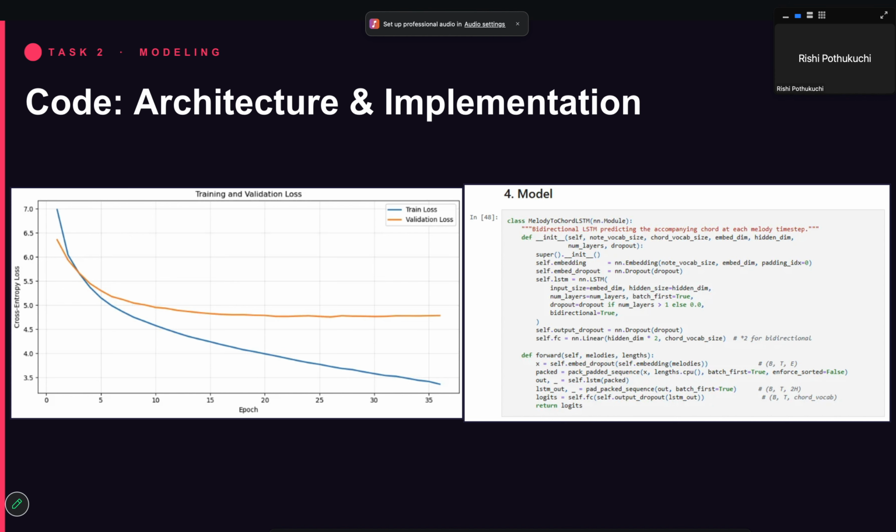And looking at the training and validation loss curve on the left side produced by our code, you can see the impact that some of our regularization choices had, a rather apparent one being early stopping, which helped to detect when the validation loss started plateauing and stop the training process early. This was done in order to prevent overfitting, which could have continued to worsen if the training had kept going.